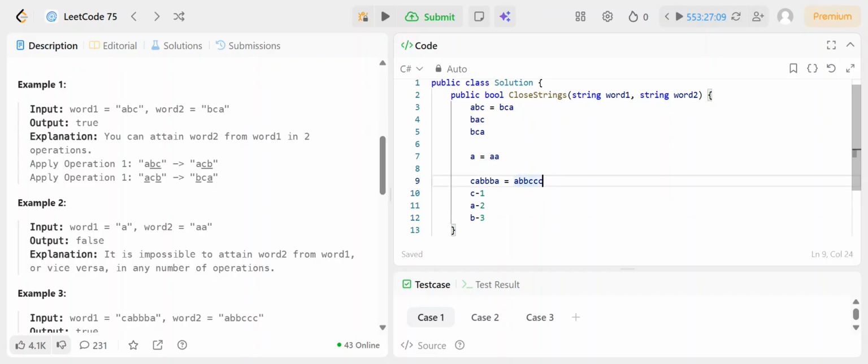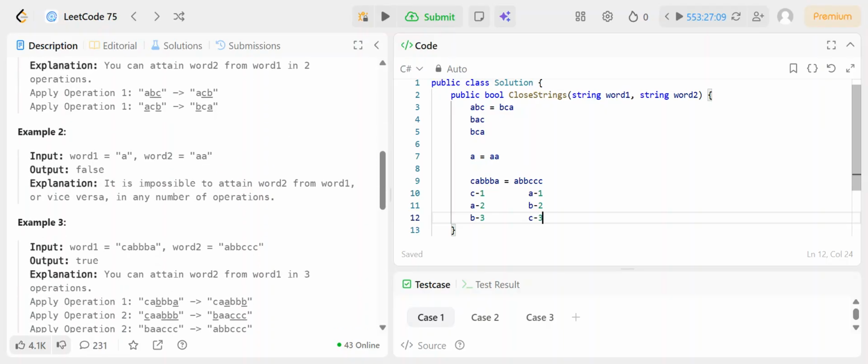When coming to the other one, what do we have? We have 1 a, 2 b, and 3 c. So we have completely different occurrences of characters between these two strings,